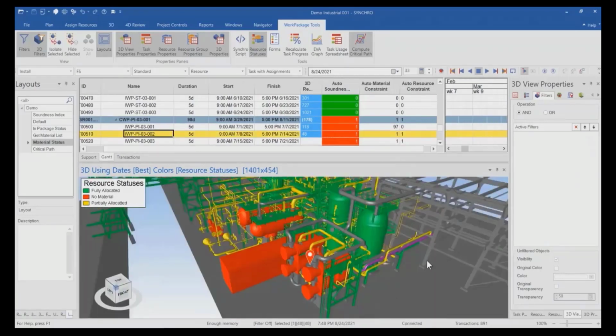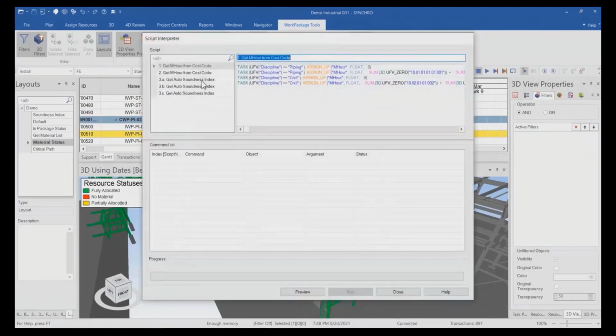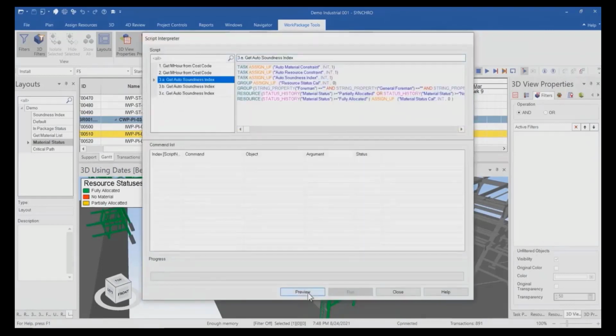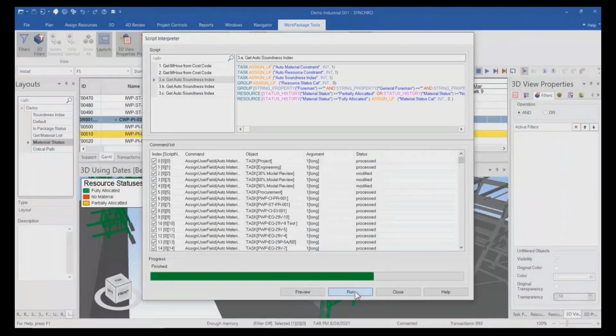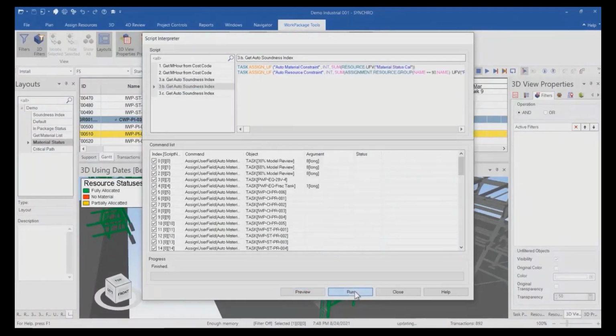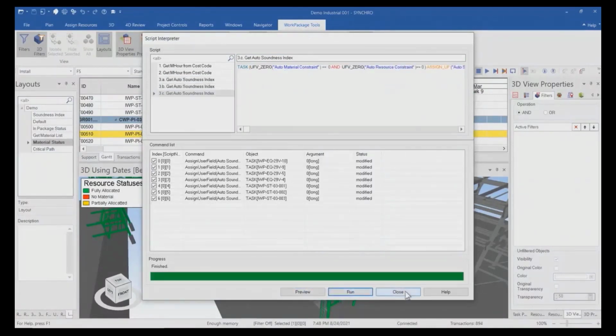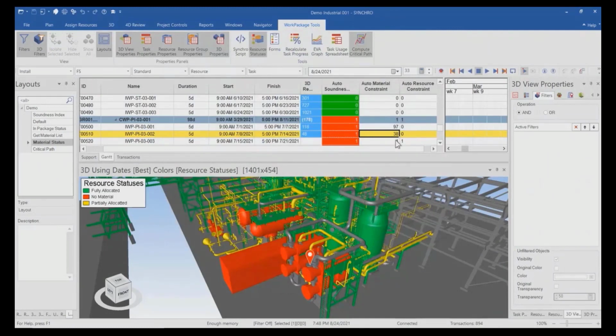When using Synchro to manage the work package constraints, we will combine the short-range production planning window with the soundness index. Soundness index can be automated using Synchro script. In this case, we'll use it to read the material status information. Soundness can be calculated where, if soundness is equal to 0, then there are no constraints and IWPs are ready